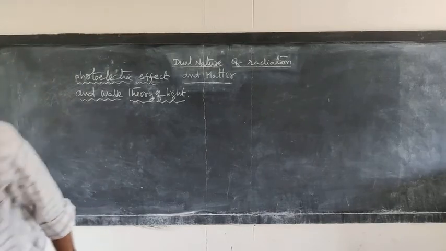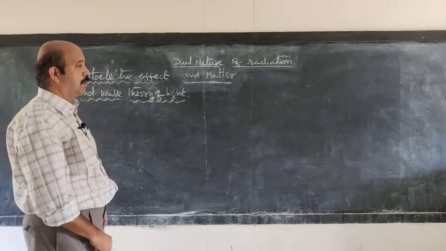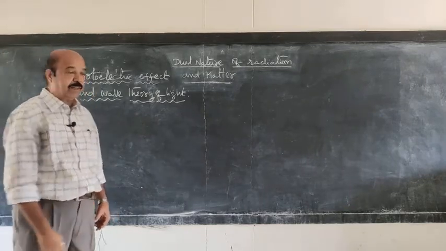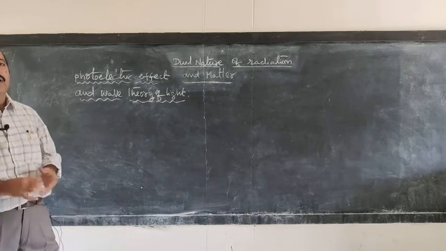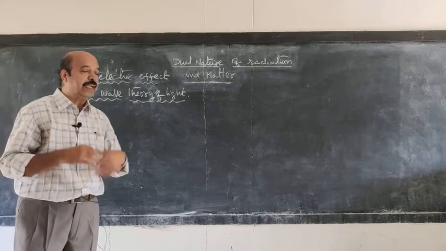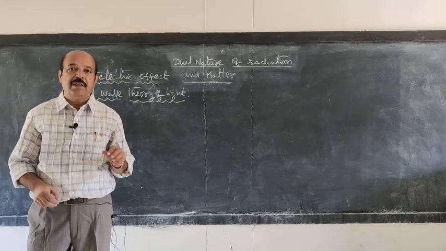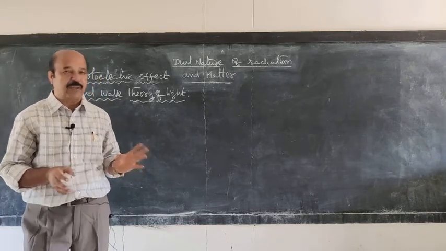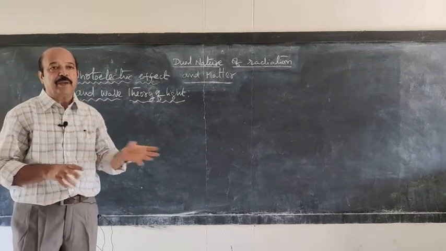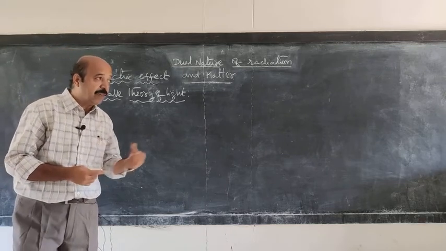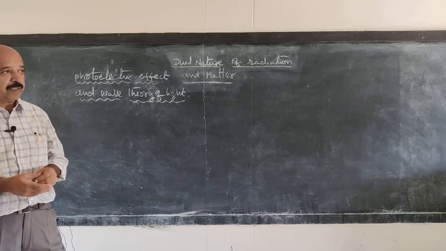Now, let us come to the topic, that is photoelectric effect. If you try to explain it on the basis of the wave theory of light, let us see what happens. Now, we know light exhibits properties such as reflection, refraction, interference, diffraction, and polarization. Such properties can be explained considering the light to propagate in the form of waves. But if you use the same concept to explain the observed photoelectric effect, see what happens.